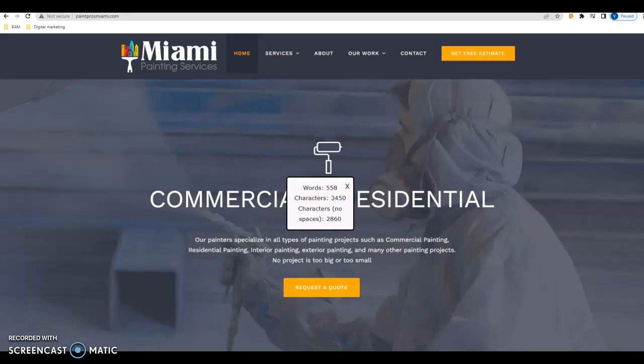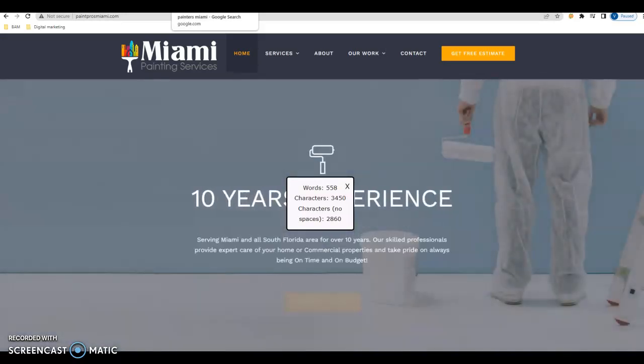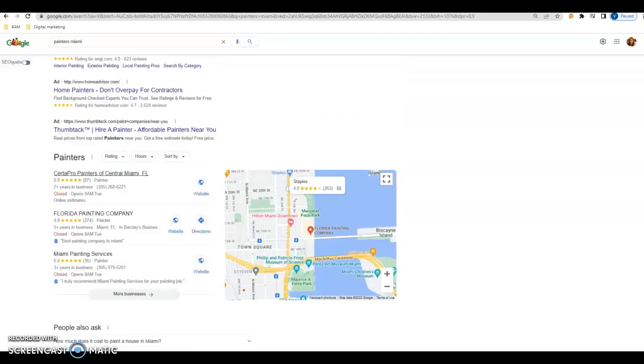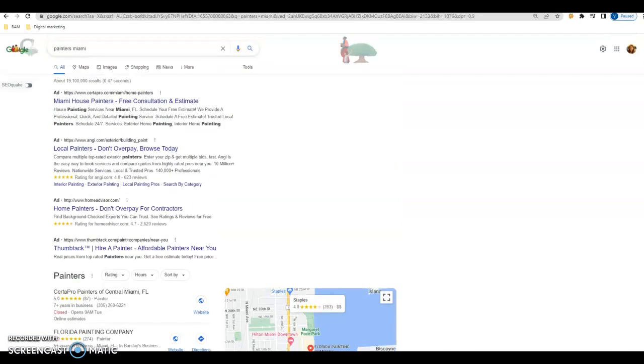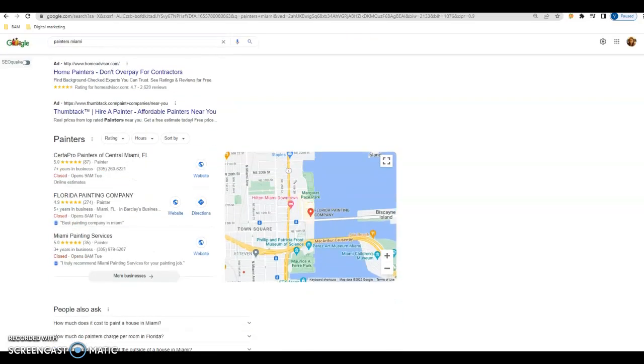So content is relevant because through content you're able to push through more value intent keywords. And that's actually what I came here to the Google search and I typed in Painters Miami. And the first section is usually the Google Ads. Google Ads are a really good mechanism to drive traffic to websites, but they can be very expensive if they are not done correctly. The second section is the Google Business Profile, and this section is driving between 30 to